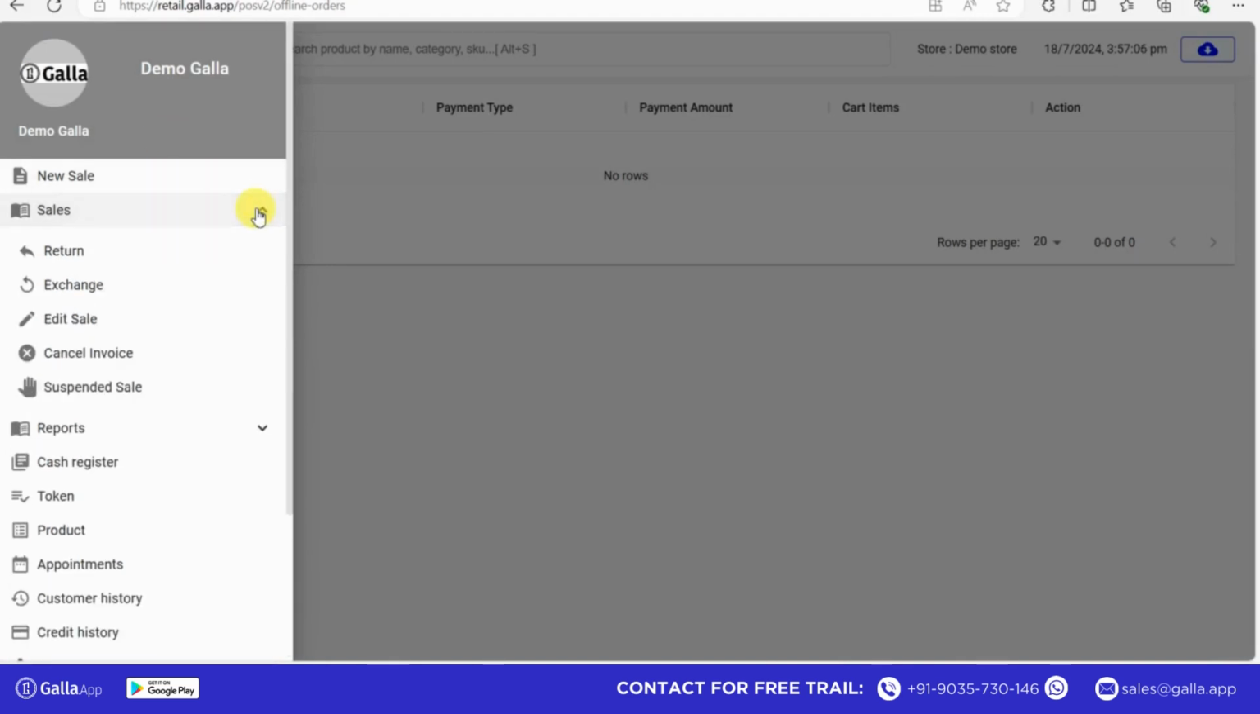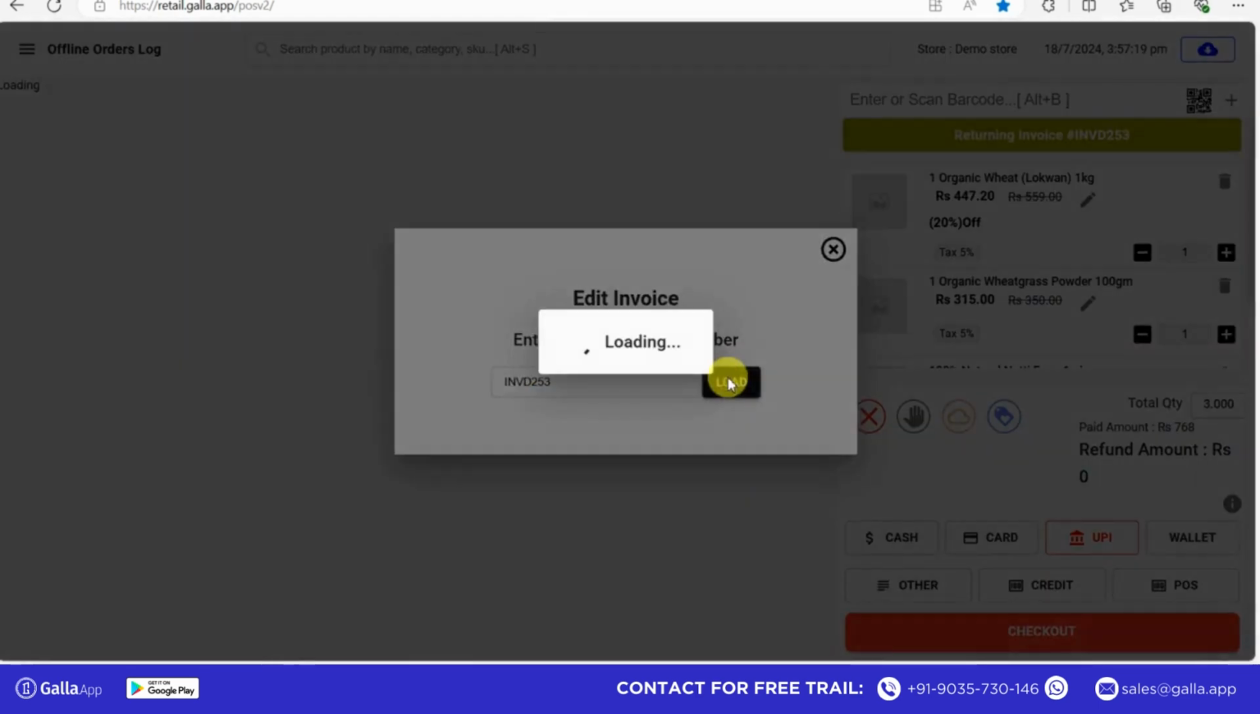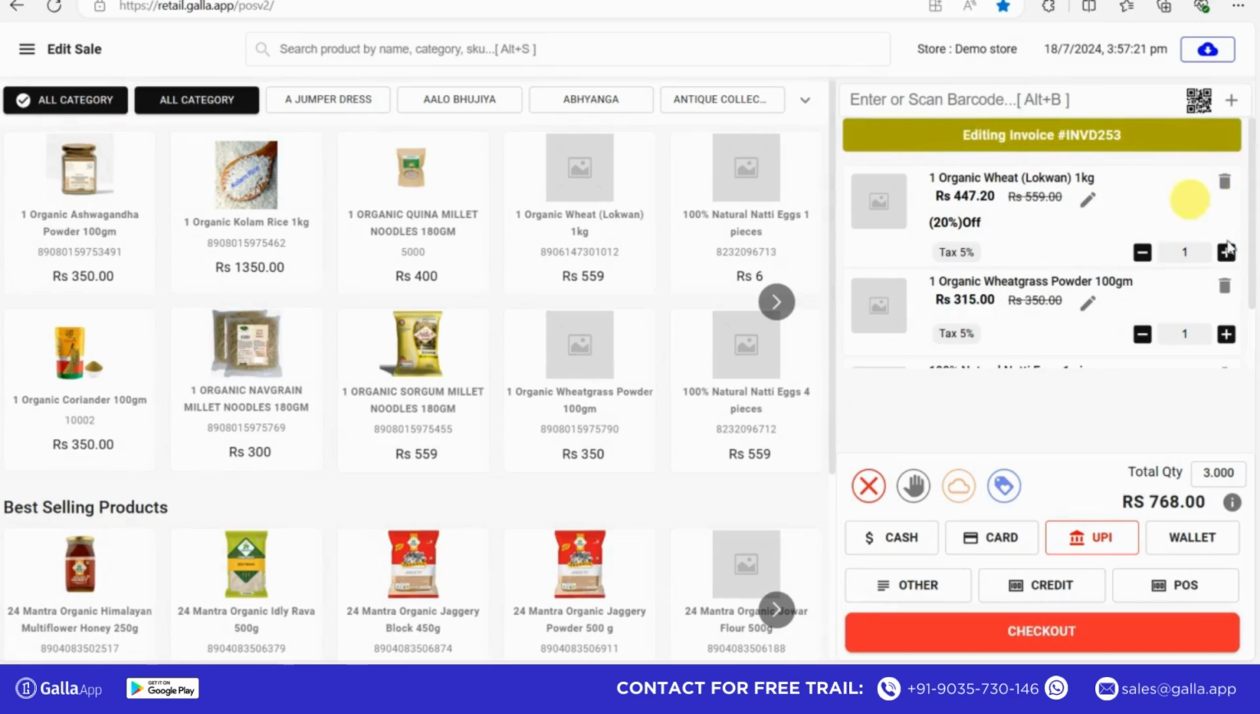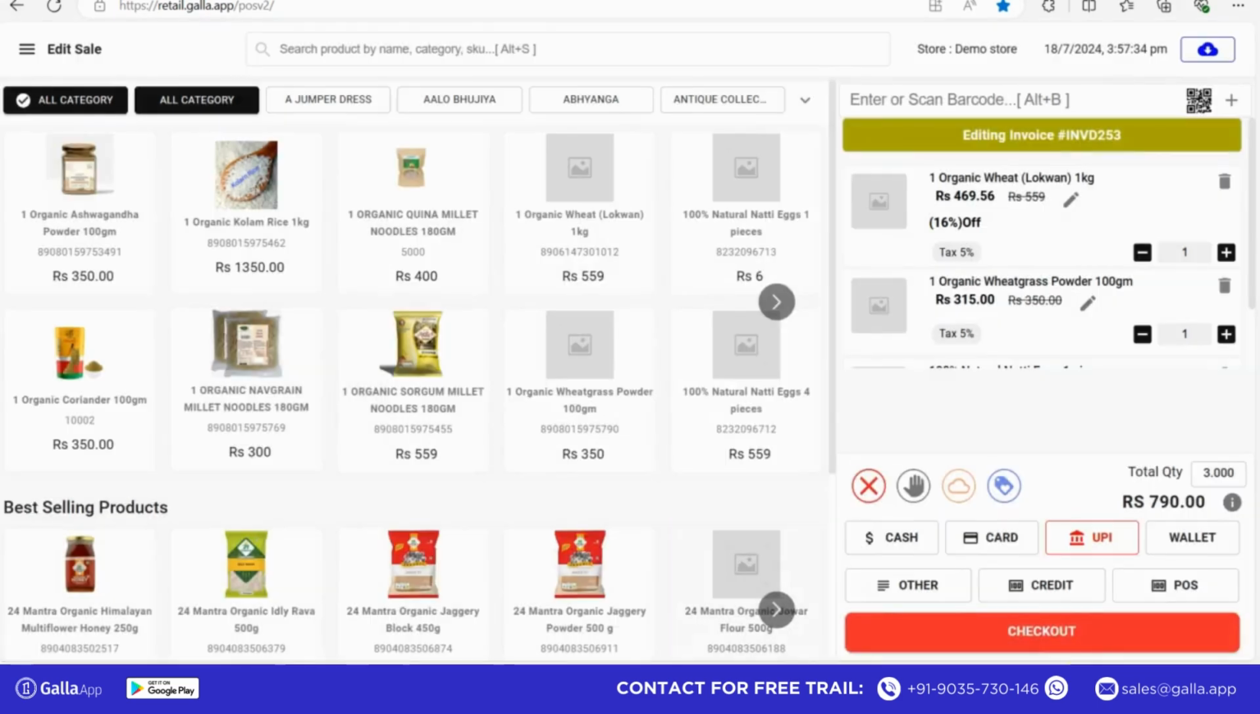Now we have sales option here. So here we have option to return, exchange, edit and cancel the invoice. So let's start with editing the invoice. Just click on this, enter the invoice number, click on load. See, editing invoice and the invoice details will appear here. Click on this pen, edit the invoice, whatever you wish to edit here. Click on apply. Once done,